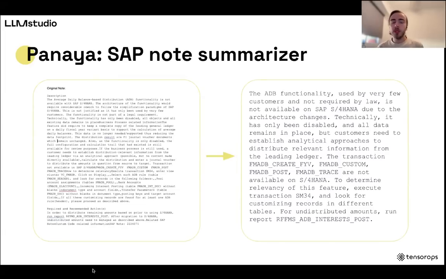And this is what we did with another client of ours. This is Panaya, they're part of Infosys, and we wanted to summarize a few SAP system notes. These are very dense notes. They're terrible to read because they have a lot of small acronyms and things that no one understands. But by summarizing them with LLMs, they can be readable in 2 to 3 minutes, and people maintaining these systems